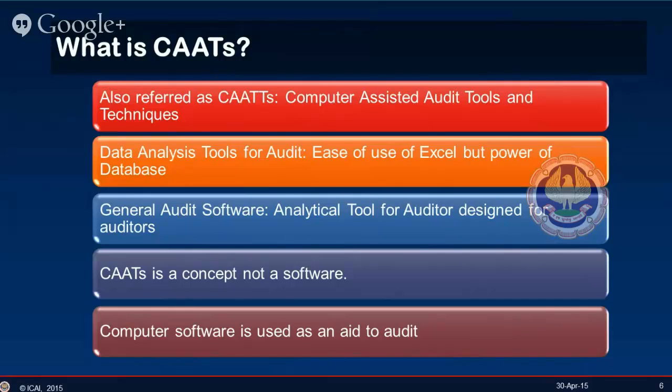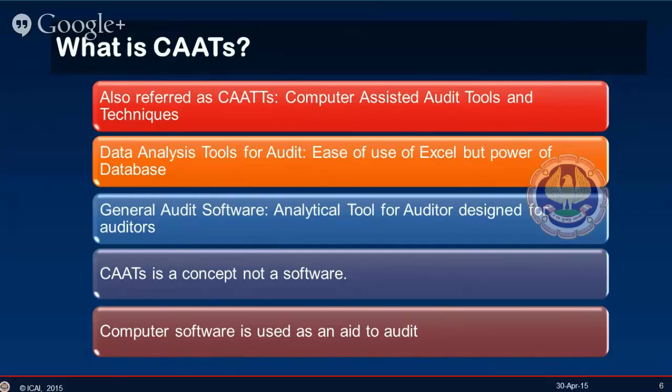CAATs are also referred to as data analytics tools. Quite often, CAATs are used as a data analytic tool. If you search on Google for data analytics, probably you'll find more hits compared to hits on CAATs. So it's very important for you to remember that CAATs are primary tools